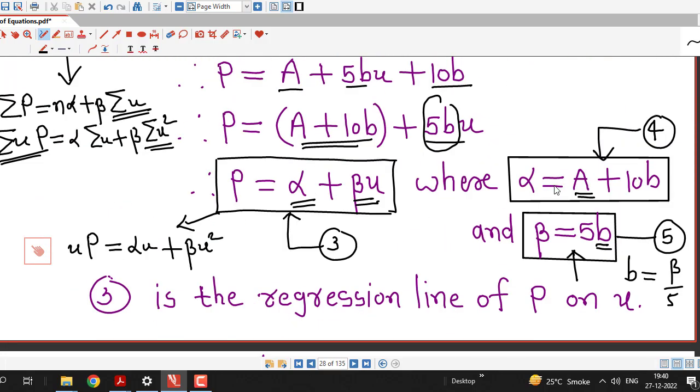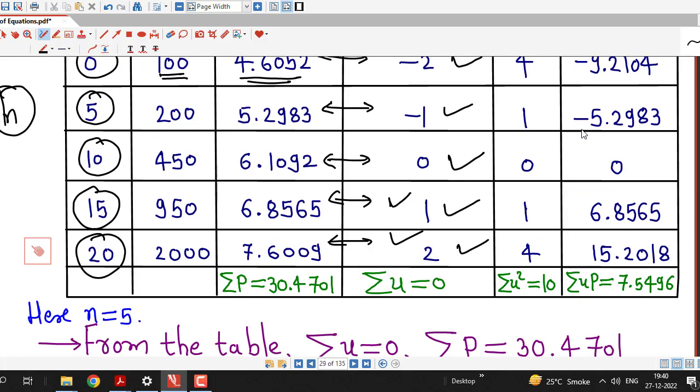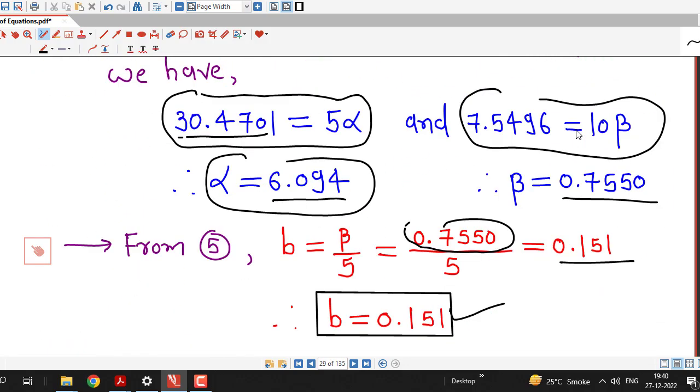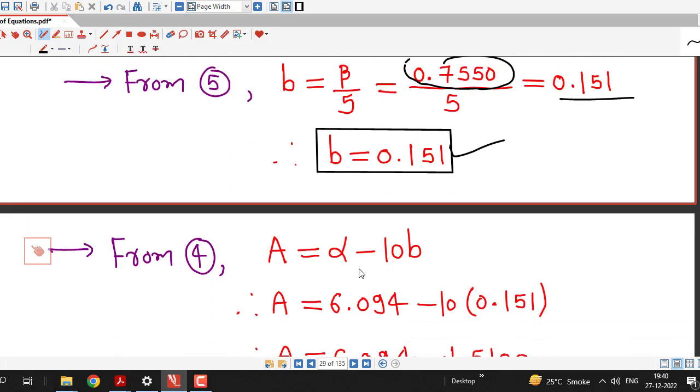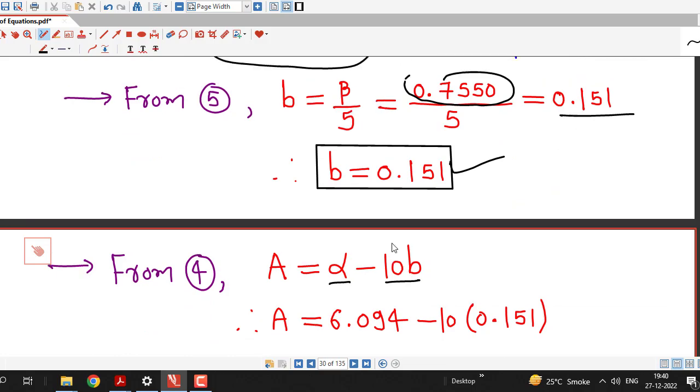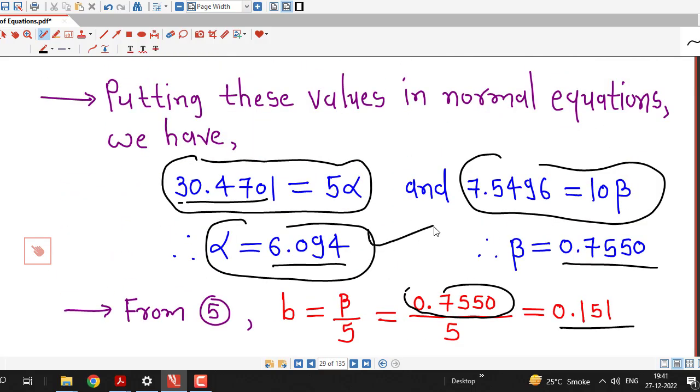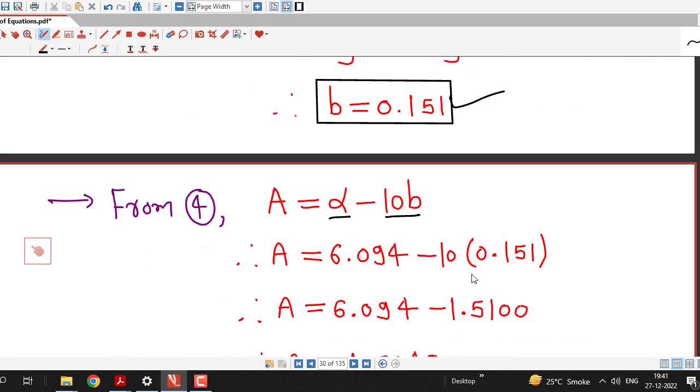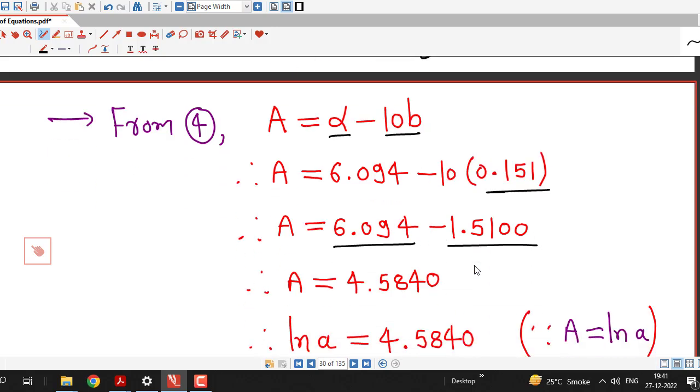And using this relationship, equation number 4, we obtain capital A equal to alpha minus 10b, and we have values of b and alpha. So A is alpha minus 10b, alpha is 6.094 minus 10 times 0.151. So 6.094 minus 1.51, and we obtain capital A equal to